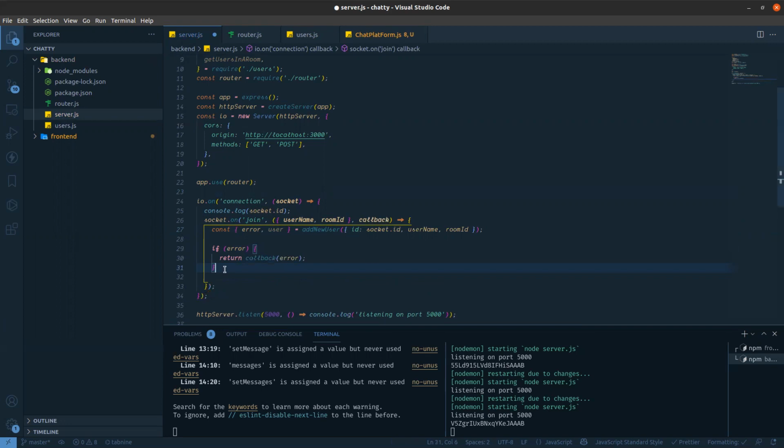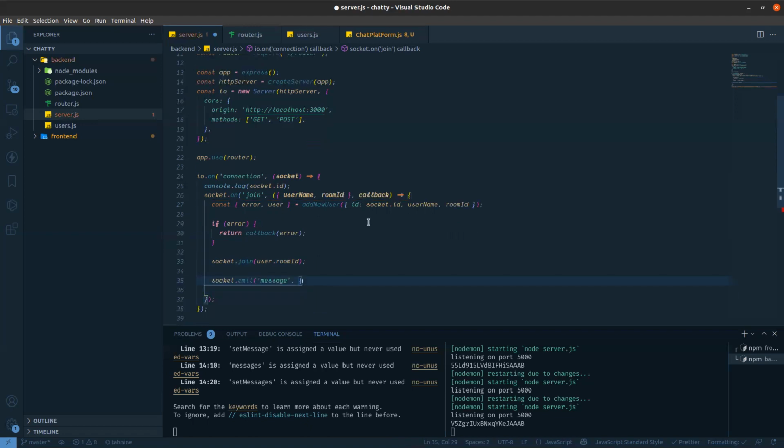If not, then we can simply join that room, right? So socket.join is the method to join a room, and you need to provide the room ID there. And when that room has been joined, then you need to emit one message. We need to emit one message to broadcast to all the users who are present in that room. Okay, from the admin side. Admin side means from the platform side. So I can give something like socket.emit message